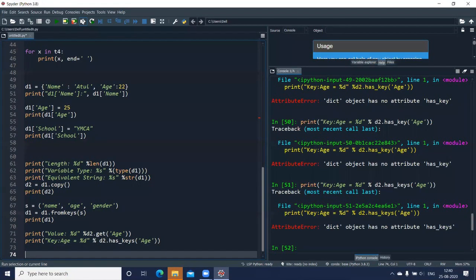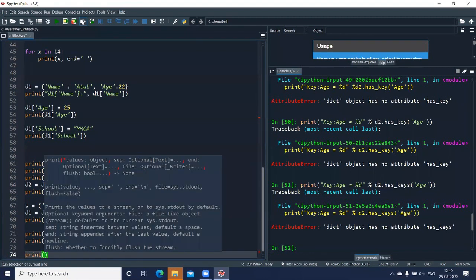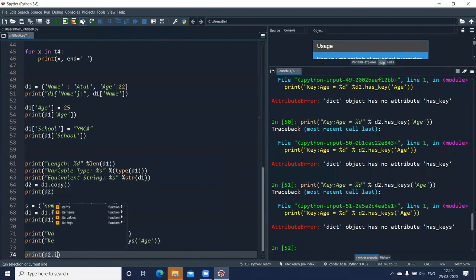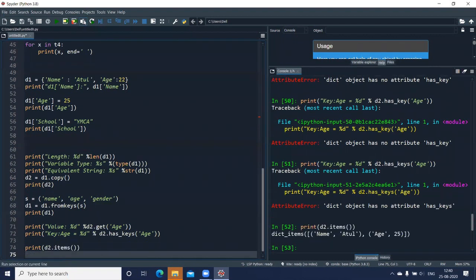Then, if I want to display all the pairs of the items, I can make use of the function items. So print into round brackets, let us use d2.items. We have that function items. Run this one, and you can see all the items in the dictionary are getting displayed.